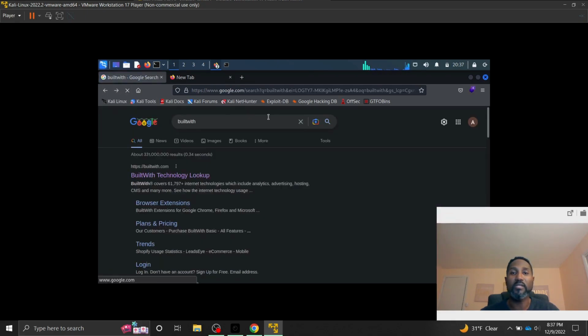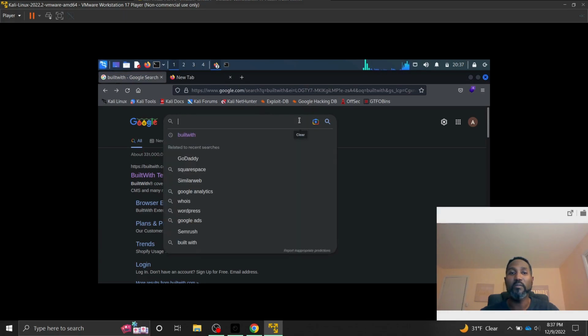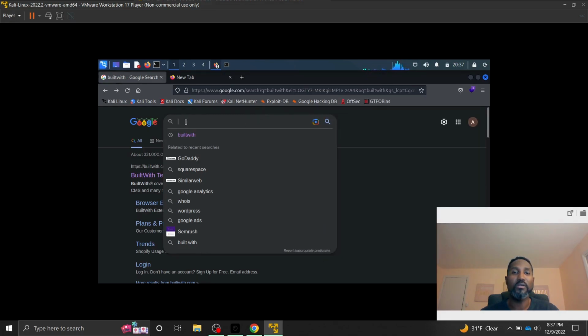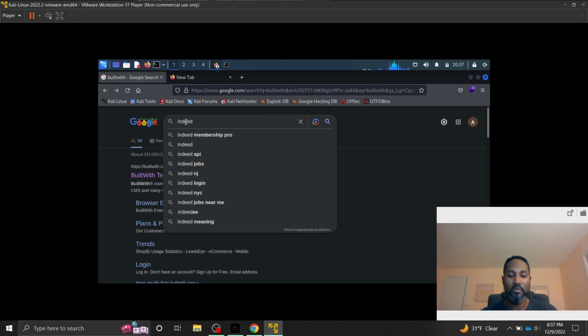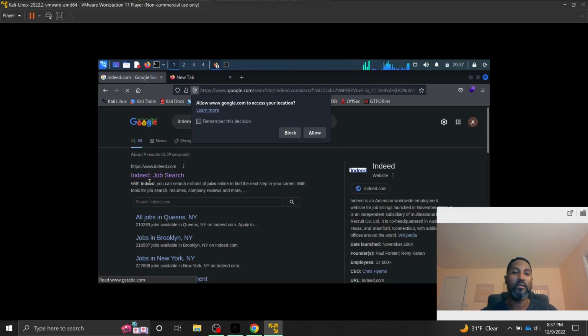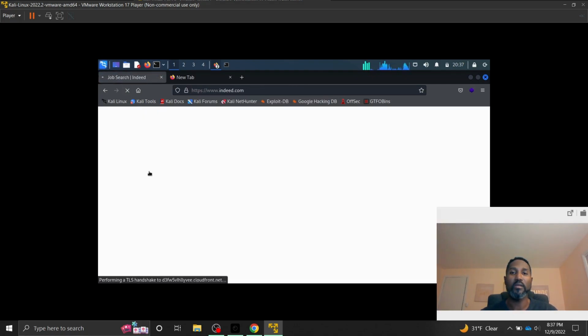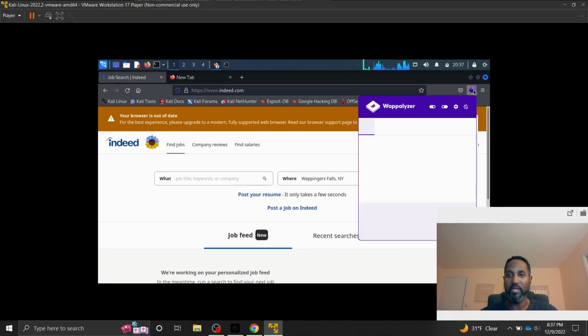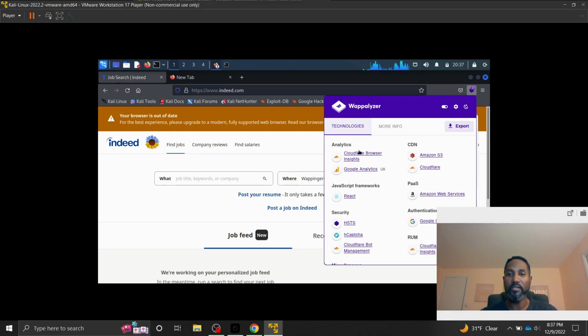Let's look for Wappalyzer and see the difference here. Matter of fact, I do have the Wappalyzer installed on my machine here. So all I'd have to do is just go to indeed.com, and click on here, and once I hit this, my Wappalyzer tab will come up and it's going to show me, as you can see, some of the same things that we found in BuiltWith are also showing up here in the Wappalyzer